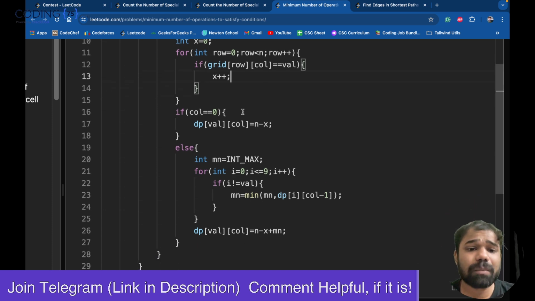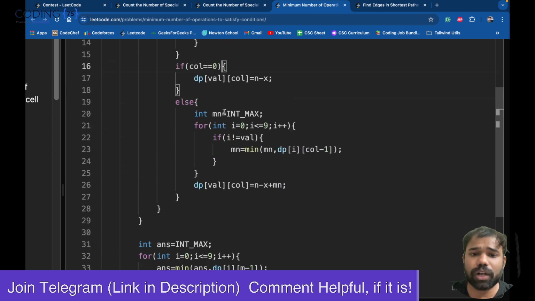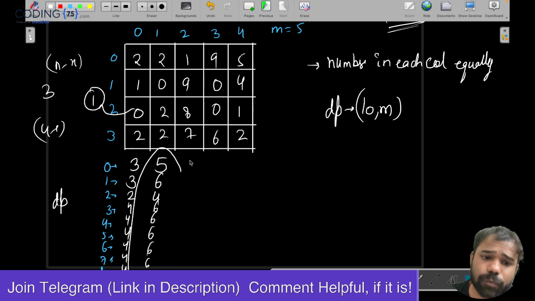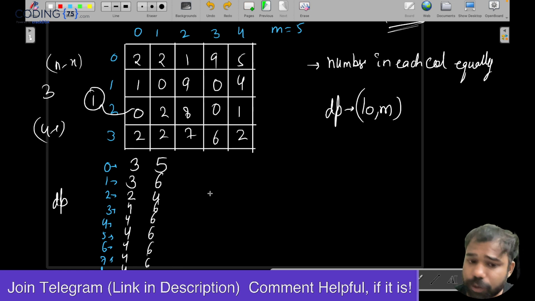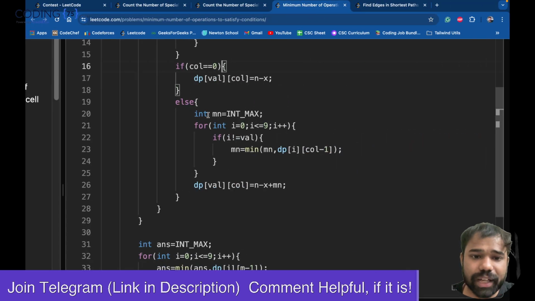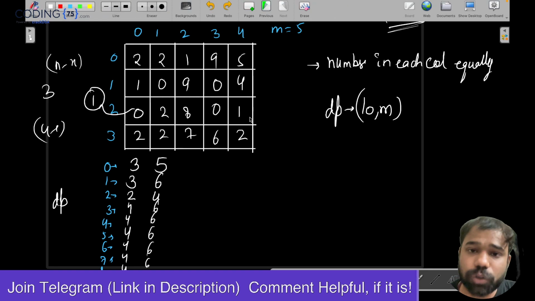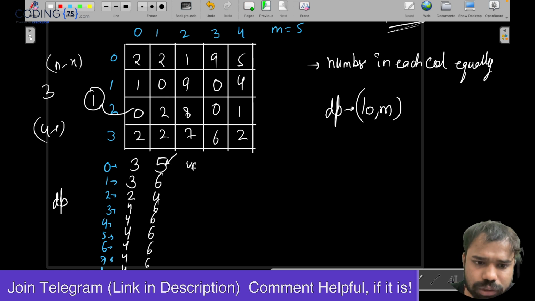Now when the column is not 0, just like we got it for the column number 1. For column number 1, or for all the other columns, what we will do is first of all take the min. So we will find the min of all the values of the previous column. For example, if we have to find the value for this, what did we do? Here the value was 0, means